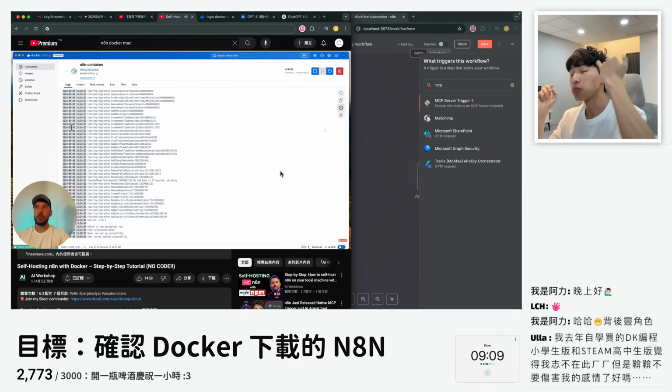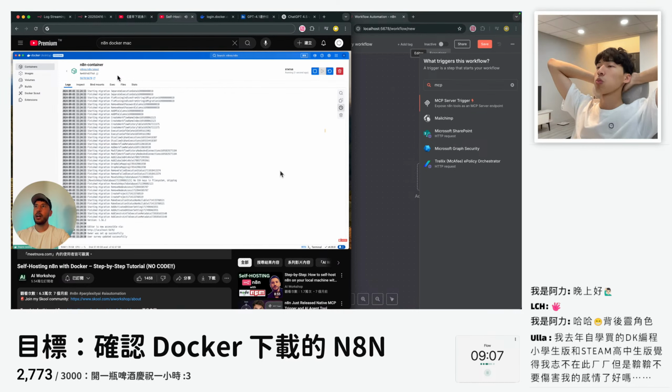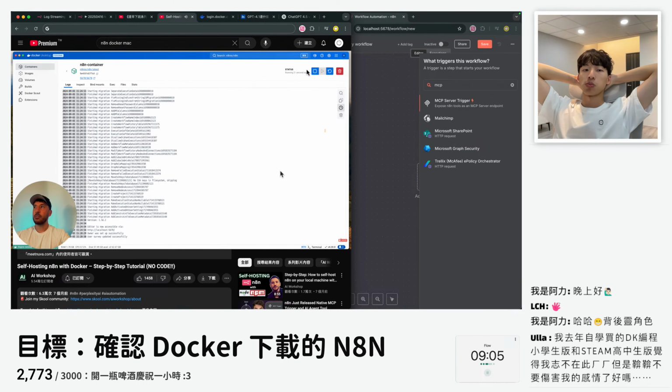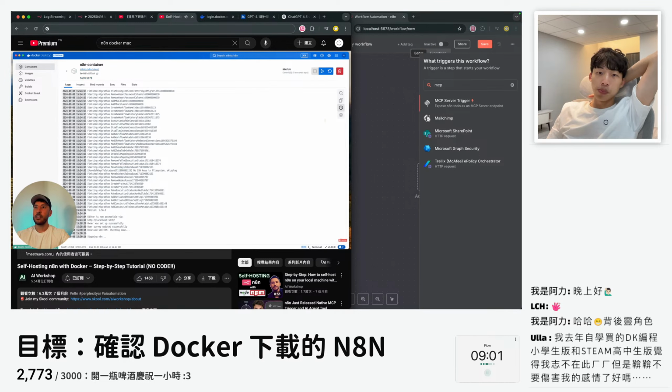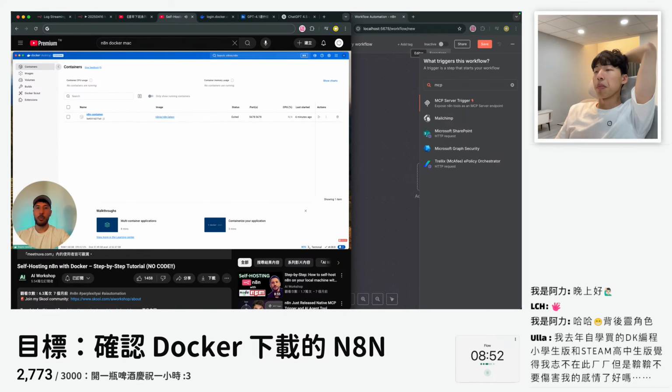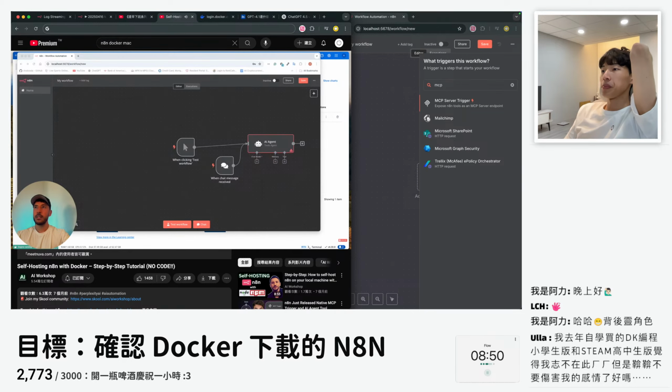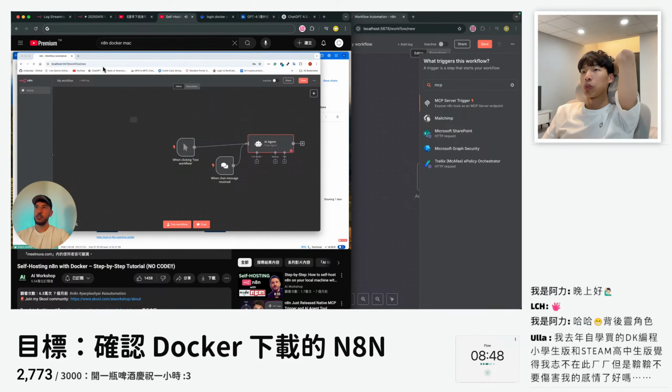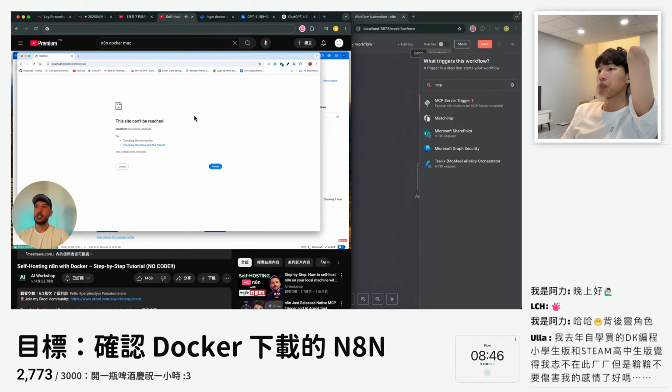So now if you are done with your workflows and you want to stop the container that's running, all you have to do is come to the container and then right here it says stop, click on this. And it says stopping N8N, as you can see in the bottom here, and it's stopped. And as you can see, now there's that option of play button that appears. So now if we go back to our local host and refresh this or enter this again, reload, now it says that this site can't be reached.